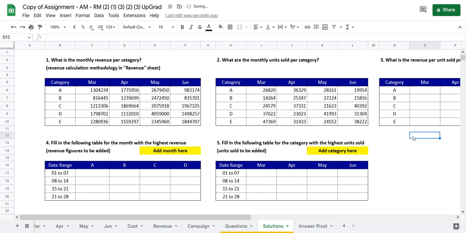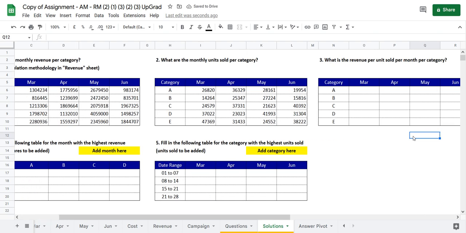Now, what is the third question? The third question is, what is revenue per unit sold per month per category? Okay, what is the revenue per unit sold per month per category? Means for this particular question we have to divide the revenue by units sold. So for that what we can do,